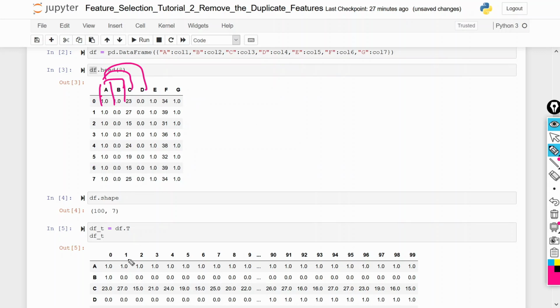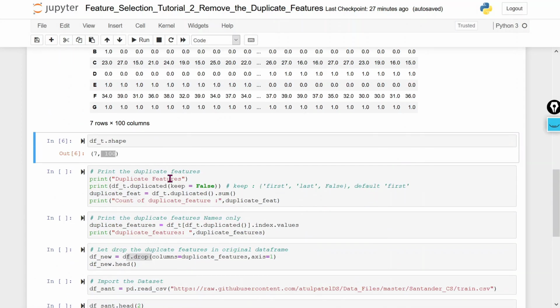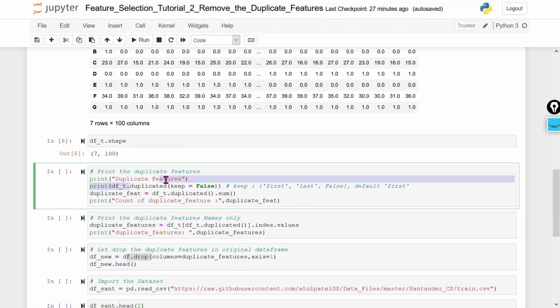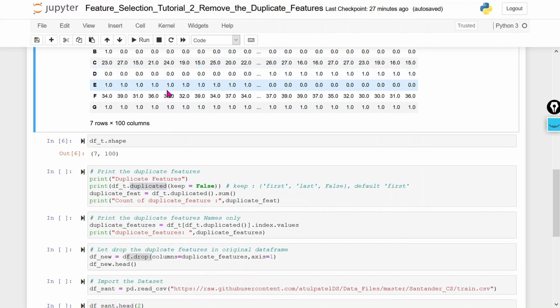Once we do the transpose, each feature will work as a row. So we can easily verify the rows, whether row A equals B or A equals C, by using the duplicated method in Python. For that I am going to use the duplicated method here. The duplicated method will verify whether we have any duplicate rows or not in that particular feature.